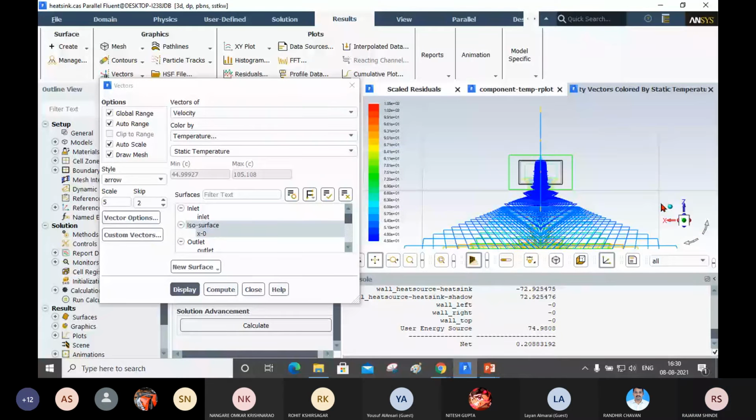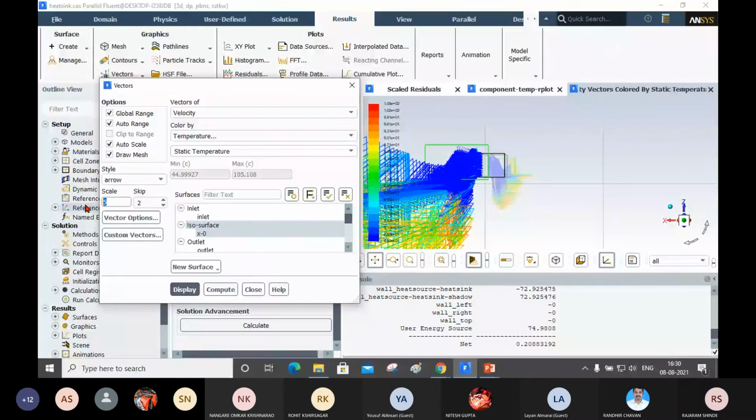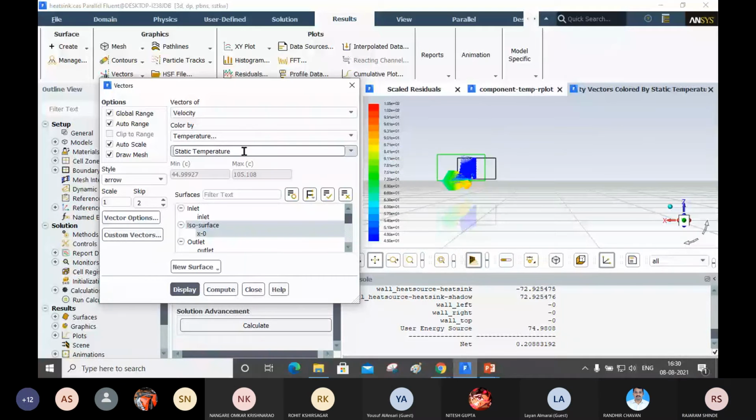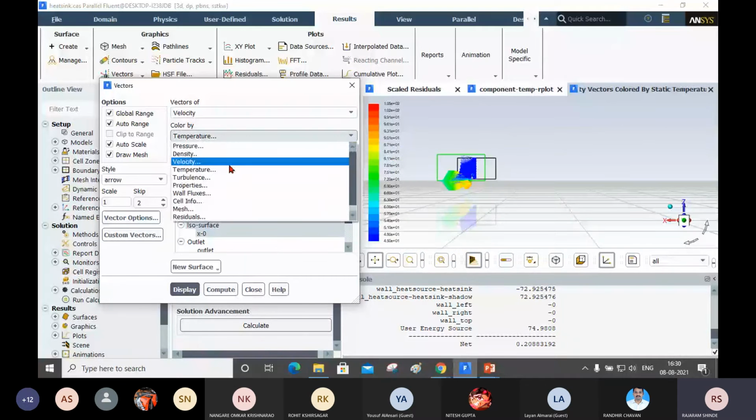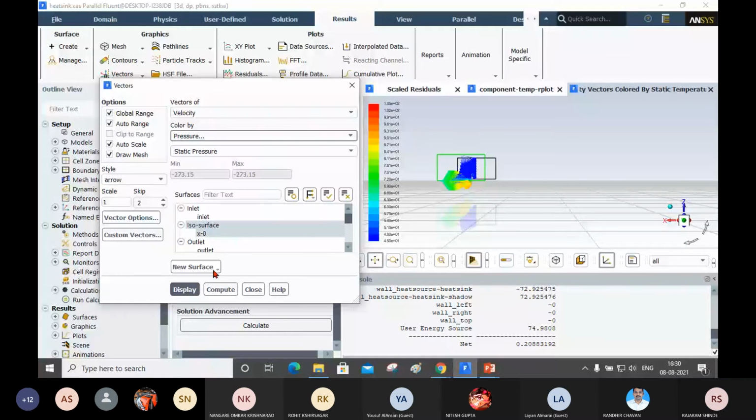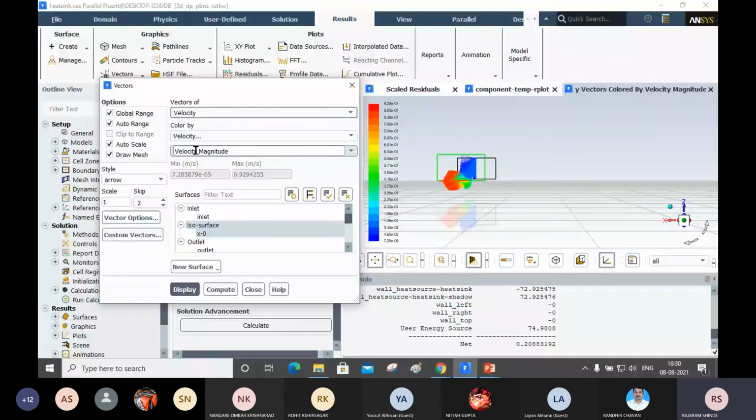You can see here. Now you can display the vectors for other parameters also, suppose pressure. Okay, we will check it. Velocity. Okay, I will show you other results.